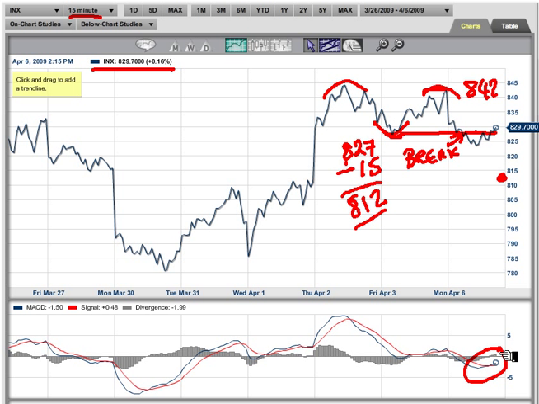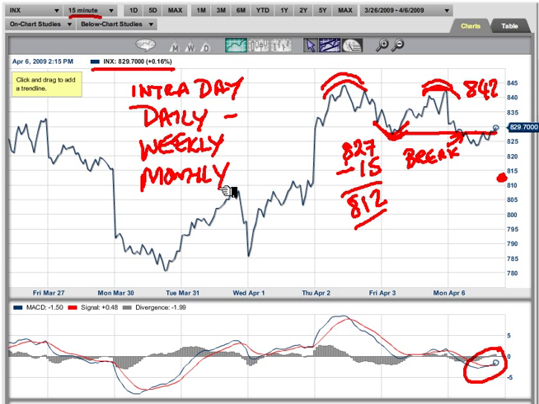But look at the chart formation. You see this type of chart formation, this double top, pivot point. You'll see that on intraday charts. You'll see it on daily, weekly, and monthly charts. It's pretty ubiquitous, and it's a very powerful formation to look at. Obviously, the longer the time frame, if you see this on a monthly chart or a weekly chart, it's very important to follow that. And on the intraday charts, it's very short term, but it does indicate